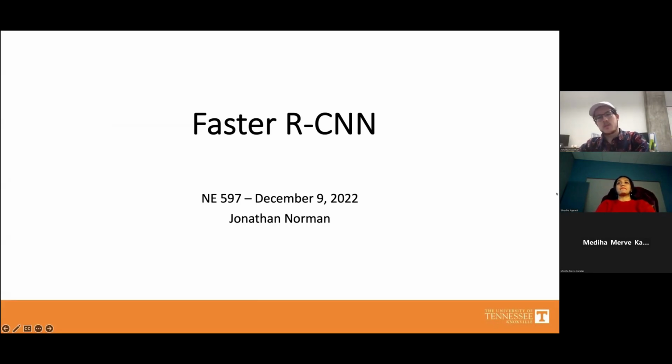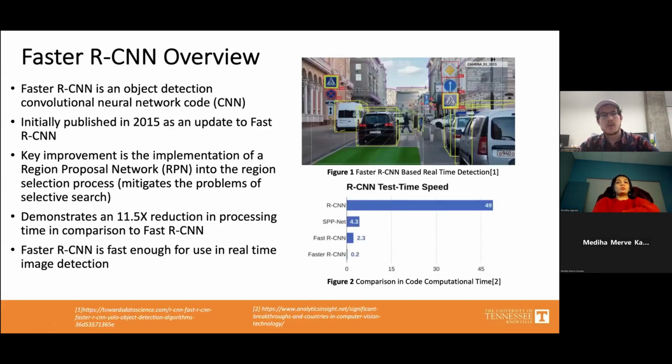Okay, so today I'm going to be talking about the convolutional neural network-based image recognition code, faster RCNN. As a bit of an overview, faster RCNN is essentially the third iteration of a code called RCNN. It's an object detection convolutional neural network code. This was initially published for the first time in 2015, and it was an update to fast RCNN, which is